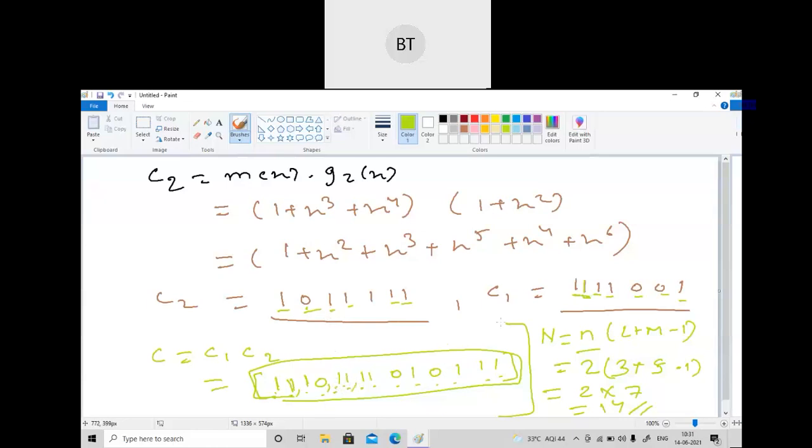This is the third bit. Fourth, you can see here 0, and in this fourth 1 is there. So I've written here 0 and 1. This is fourth. Sixth: 1, 2, 3, 4, 5, 6, you can see 0, and in this sixth you can see 1. So I've written here 0 into 1. Seventh, you can see 1 into 1, so I've written here 1.